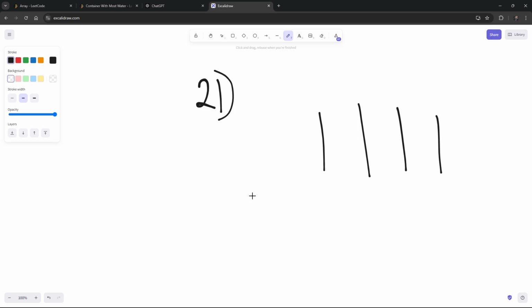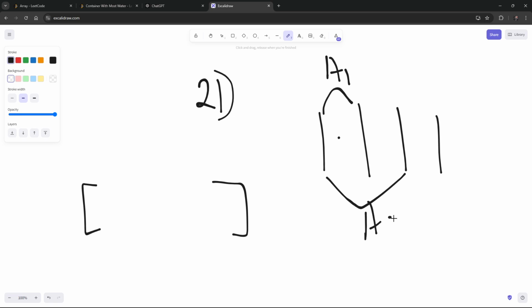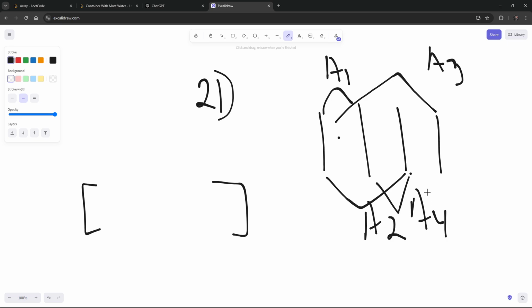So the possible areas which the array should contain are: area between these two lines A1, area between these two lines A2, area between these two lines A3, and again area between these two lines A4, area between these two lines A5,